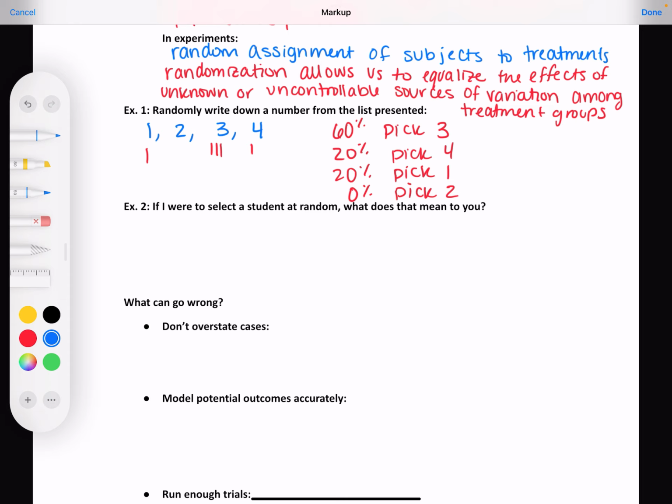How many of there are there? 5. So there's 20% you'll pick one of each of us? So basically, we don't know who's going to be chosen, right? Or y'all don't know who I'm going to choose. Or I may not even know. I may pull your number out of a cup or something like that. And each of you have an equal chance of being picked.